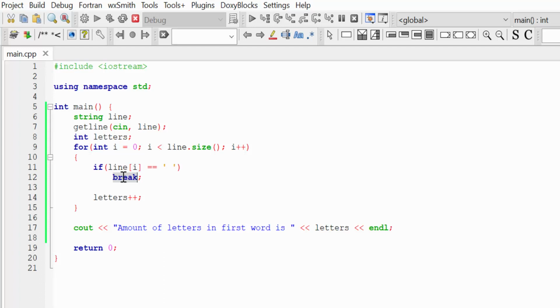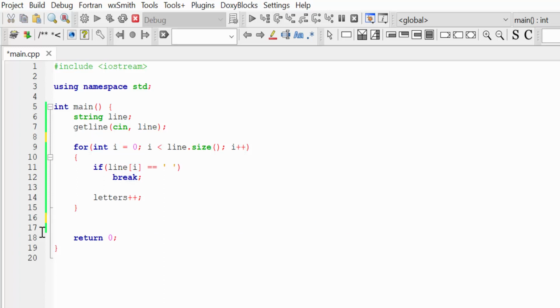Okay, now let's discuss the word continue. But to show you the power of the word continue, I want to change our task a little bit. Let's say now our task is still to read a line from the console, but then write this line to the console in uppercase, in capital letters.